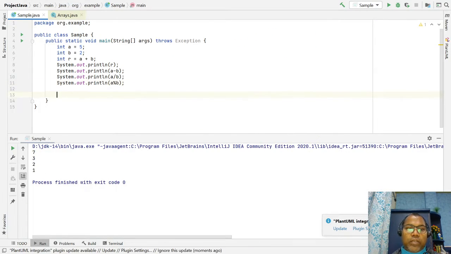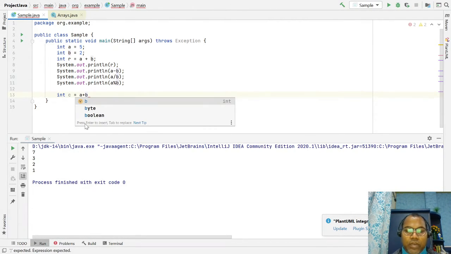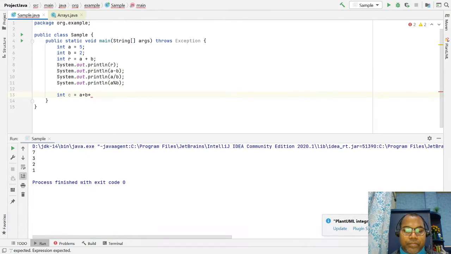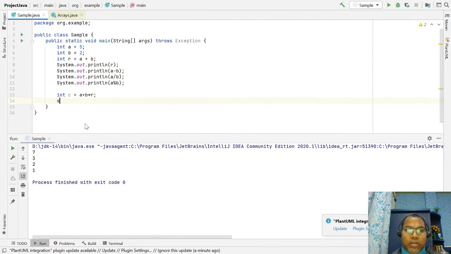Let's say we have a calculation. We have written here A plus B star C, with another operator, and the result R, and then we print it.